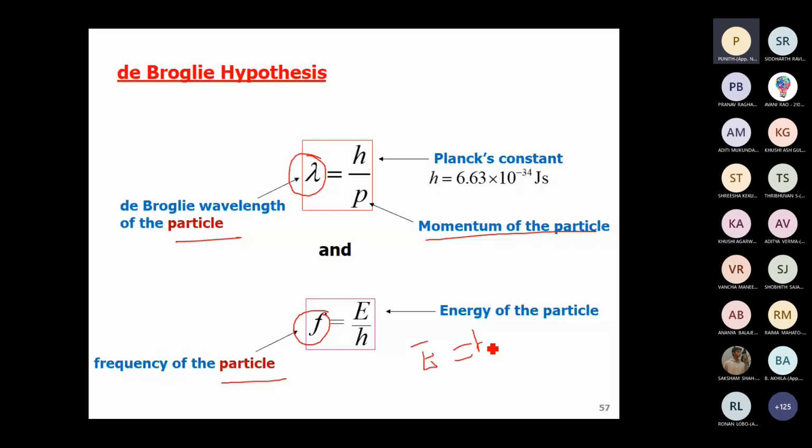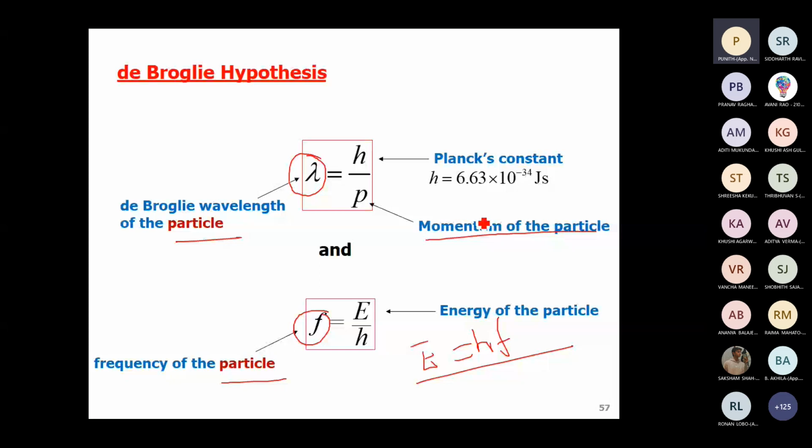So for a non-relativistic particle, as I was mentioning, when we say relativistic, we talk about speeds near the speed of light, and you will have a relativistic factor. Generally, most of the things we will be talking about are non-relativistic cases. So this is a non-relativistic equation. In that case, we can write the momentum as p equal to mv. So we can write lambda equal to h by mv. This is another form: when a particle is moving at a non-relativistic speed, lambda is equal to h by mv, where m is the mass and v is the velocity of the particle.